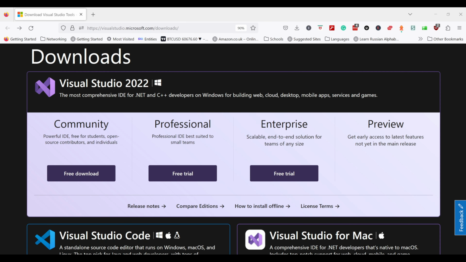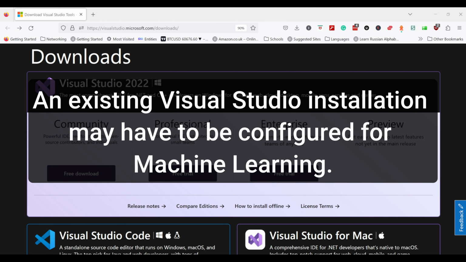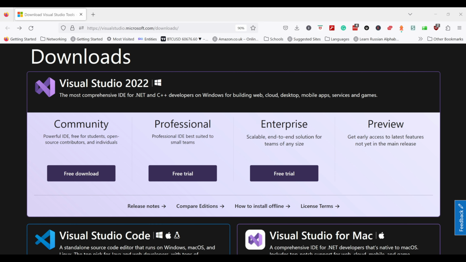Hi everyone, welcome back. In this video, I'm going to show you how to download and set up Visual Studio on your local machine. And if you already have it installed, I'll show you two ways to configure it for machine learning. And as I mentioned in the introduction, this section is optional if you don't have a Windows operating system on your machine, in which case, you're welcome to just skip over this video and move on to the